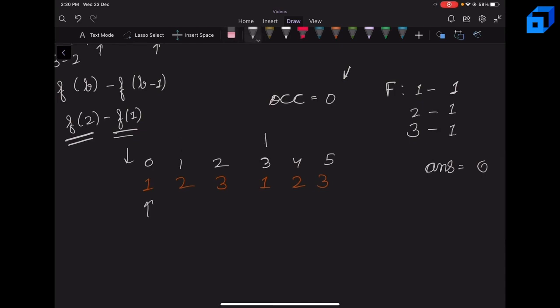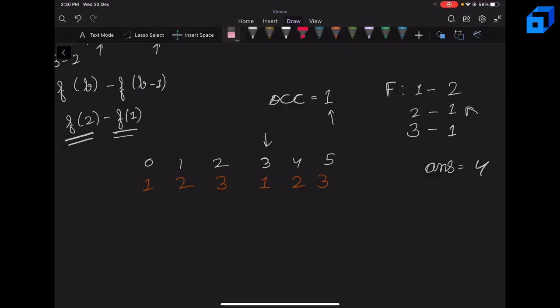Now we will increment our right pointer and change the frequency of 1 as 2, and this will actually change occurrence to 1. But now we cannot actually increment our right pointer, since it will increase the frequency of 2 to 2 and increment the number of occurrences to 2. And we can have at most 1 occurrence of special elements. So the rightmost pointer for 0 is 3. So we'll simply add 3 minus 0 plus 1, that is 4, to our answer.